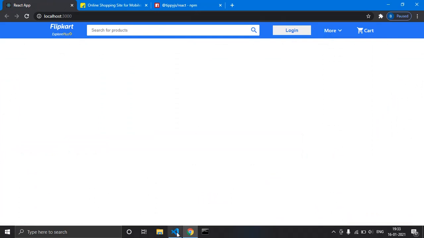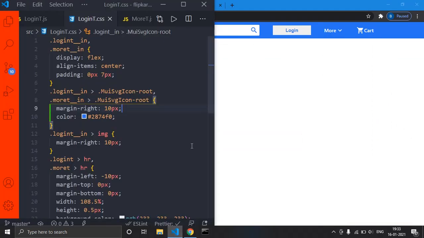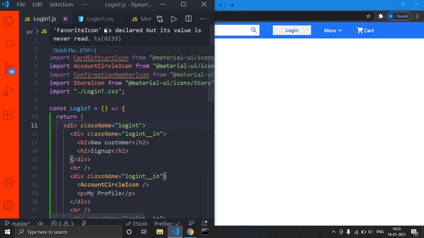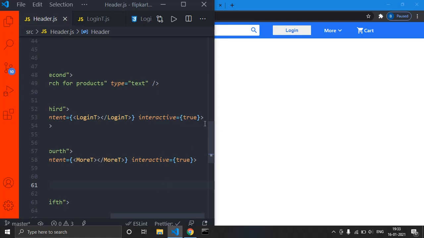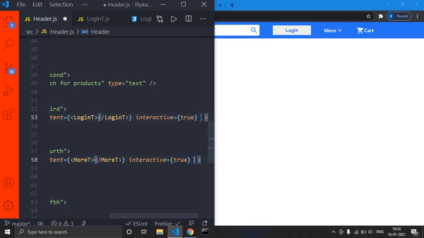So in order to achieve that, this tooltip also accepts another prop. Just get into header.js. I want to give the same sort of property, so I'll press Alt and place my cursor over there.